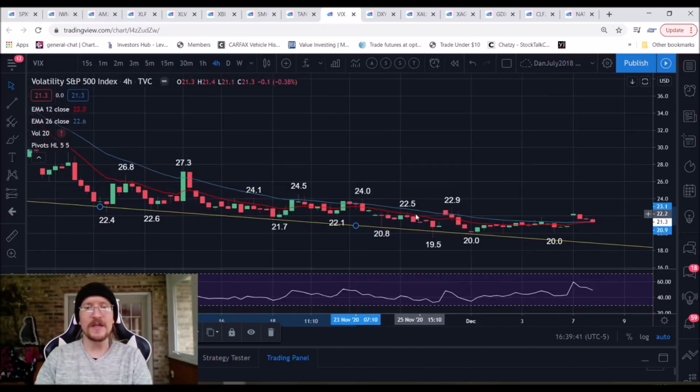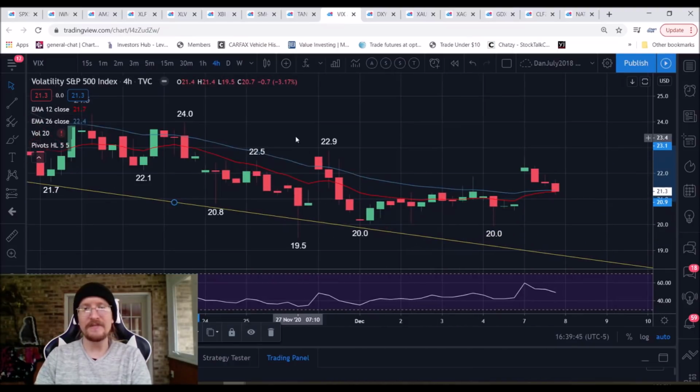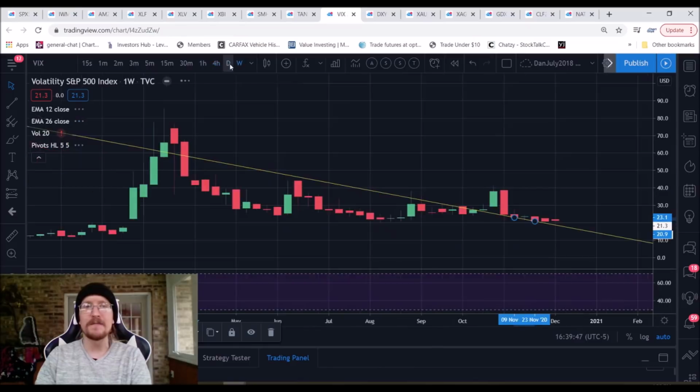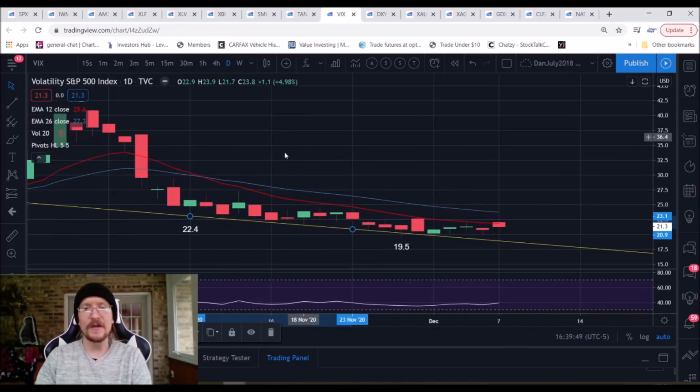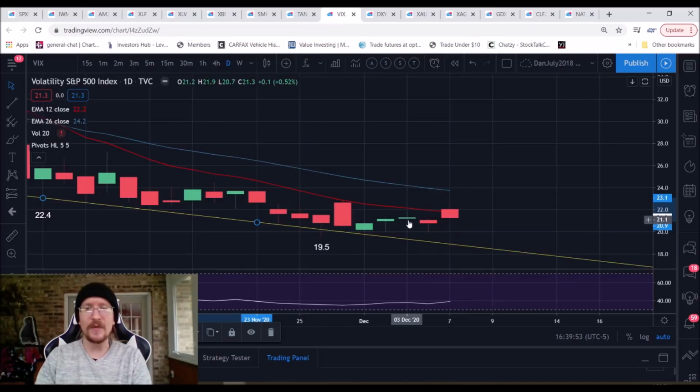We had the downtrend. We were watching our 4-hour downtrending support line. And now we're just leveling out, trying to form a bit of a rounded bottom. But you look at this daily chart, and it's still extremely weak with daily lower highs. And actually, I take that back. We did break a little daily 21.90 resistance level, but couldn't get over 22.90,